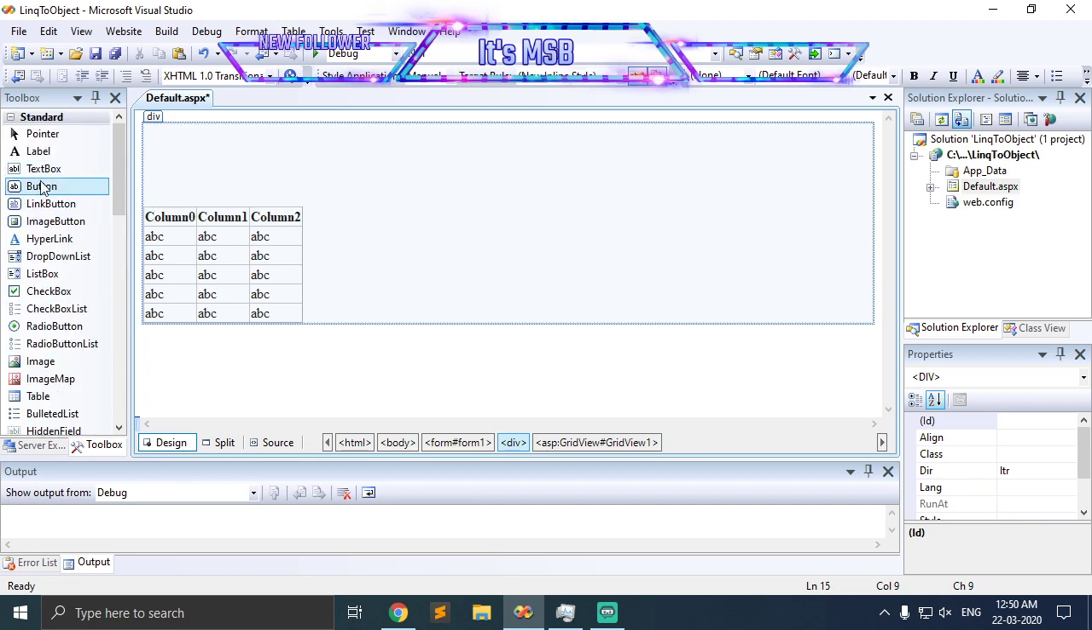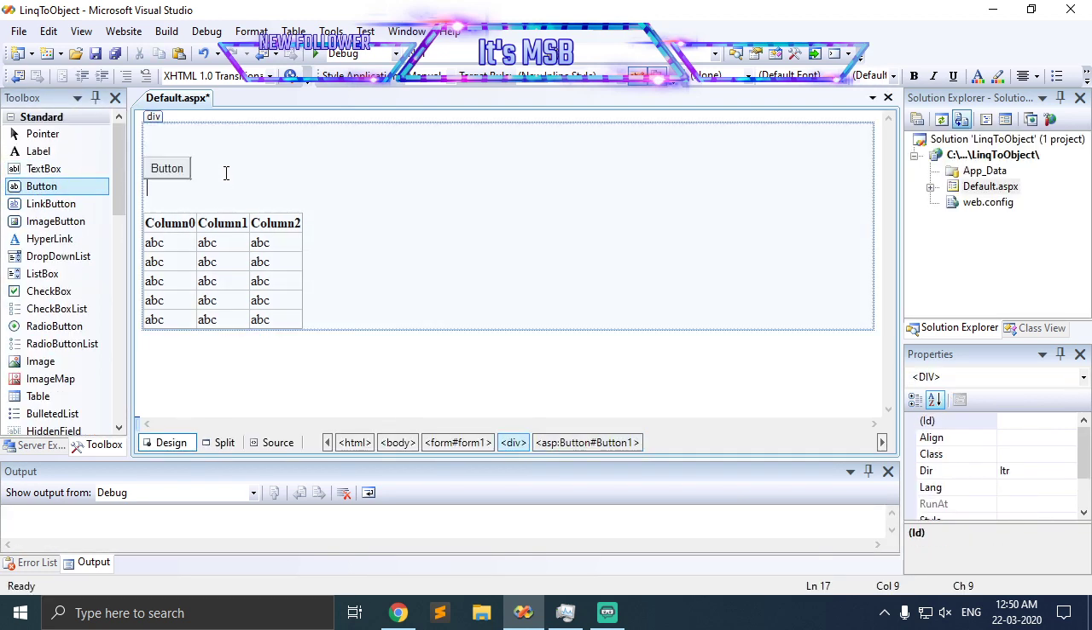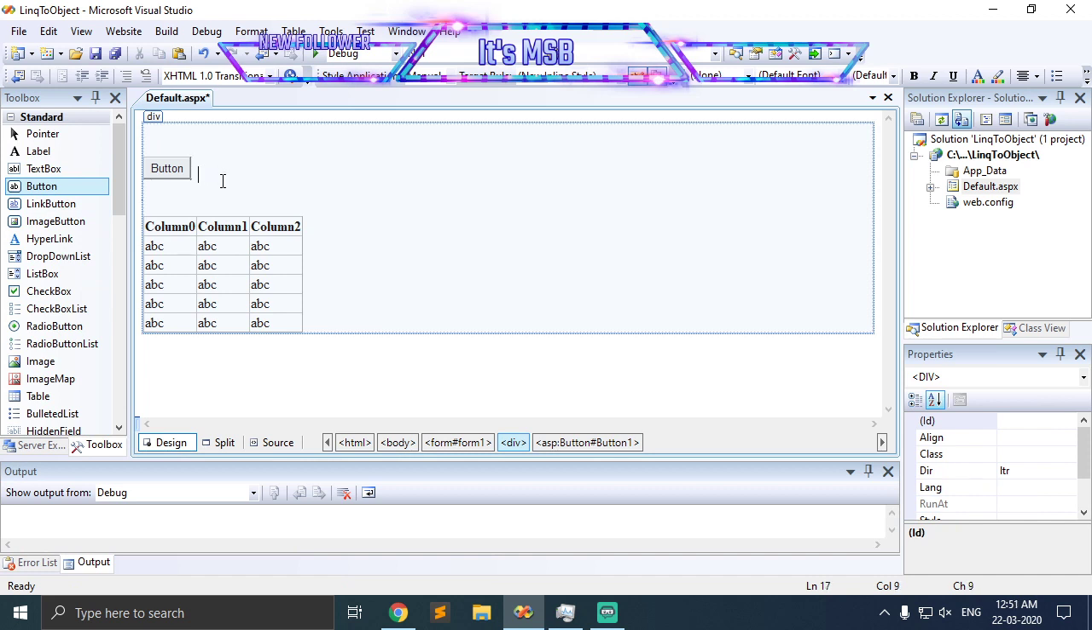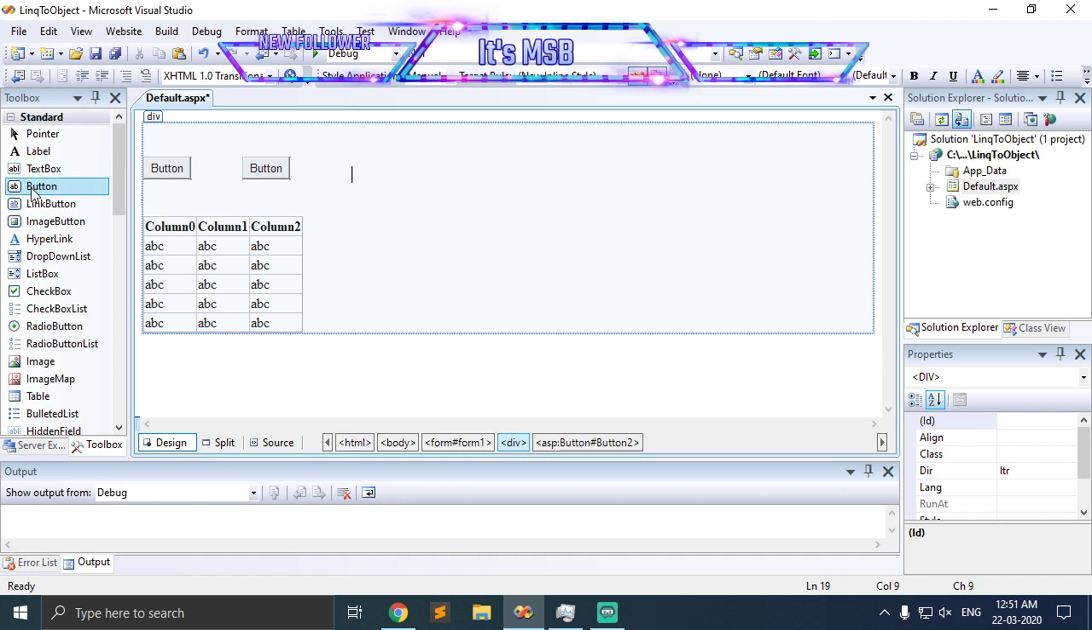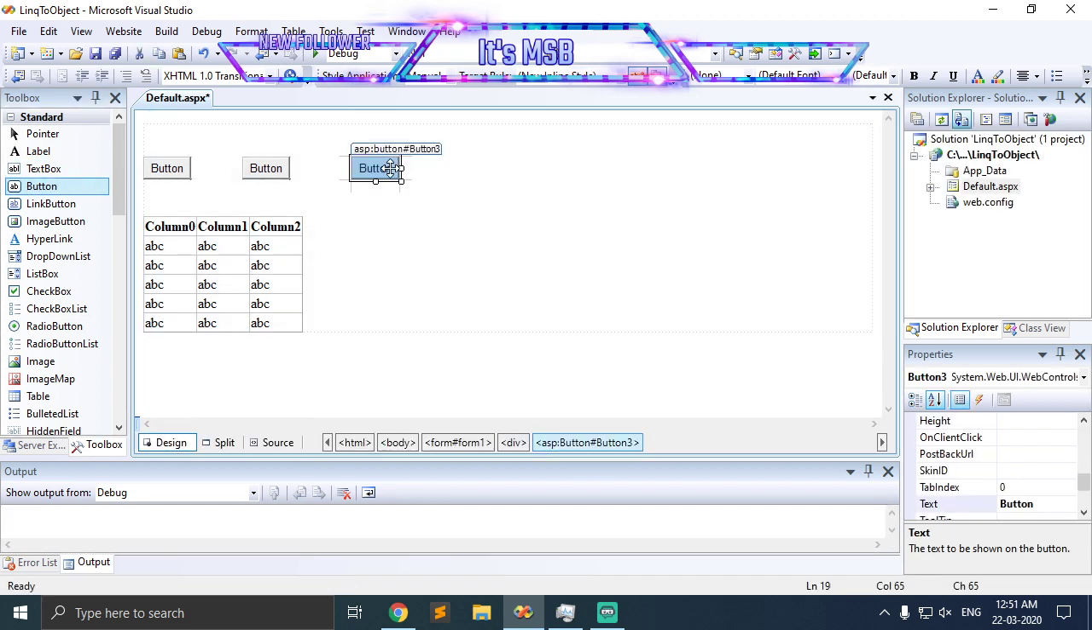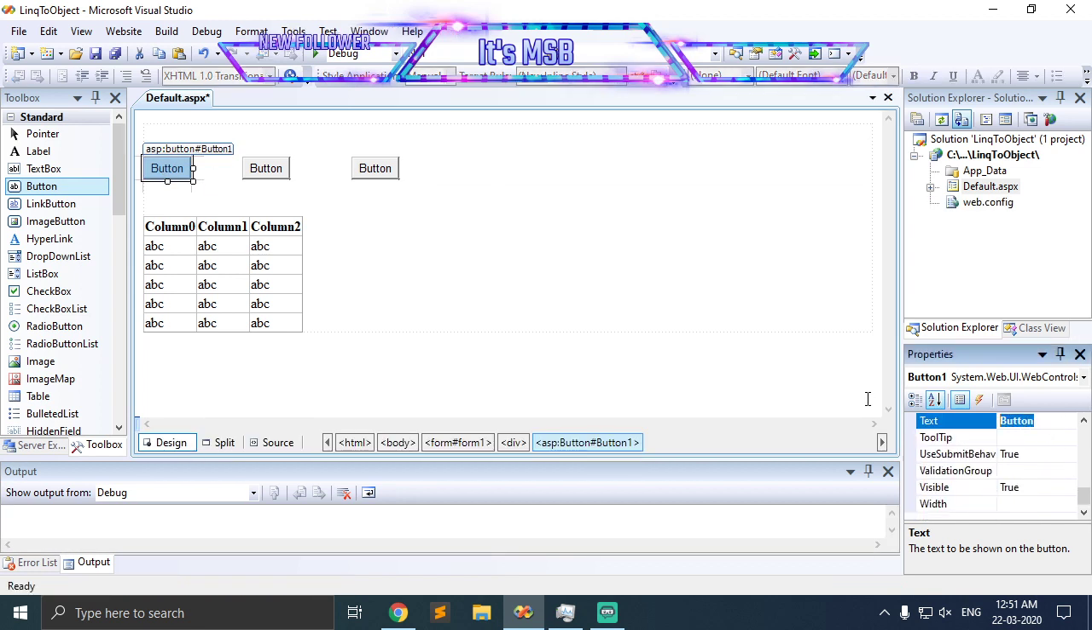Also I'm adding three buttons here with some spaces made by me. Okay, and the button names are sort, that I put ID also sort,